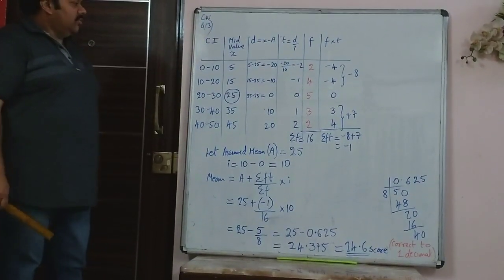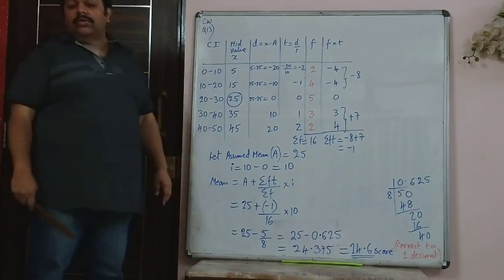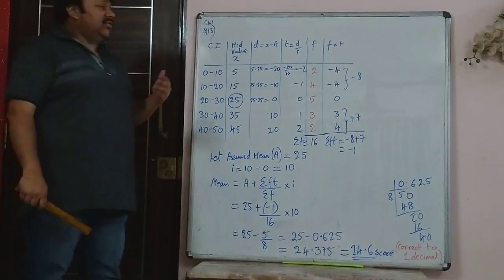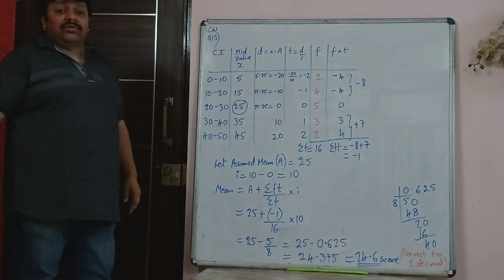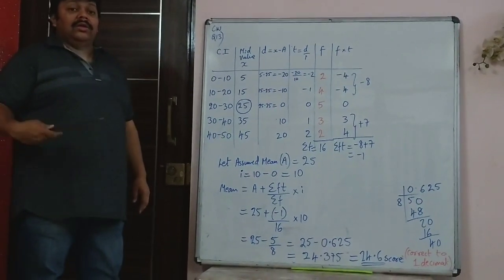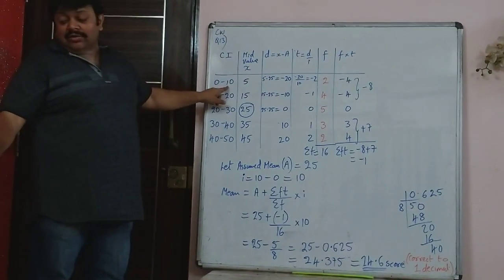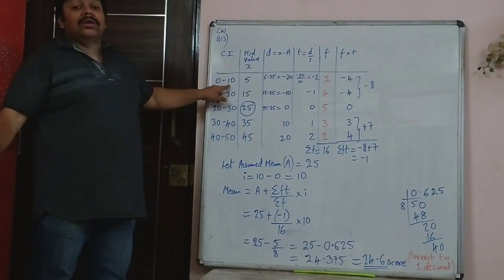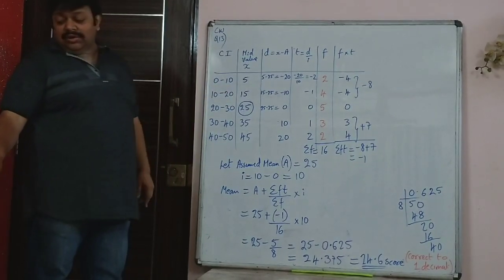Now the 13th sum, a very simple sum. Only difference is in this sum you are given the histogram. The histogram is already given and drawn and given to you. And from the histogram you have to write the class interval and the corresponding frequency. So first class, on the x-axis you are finding score. That is the class interval. Always class interval will be on x-axis.